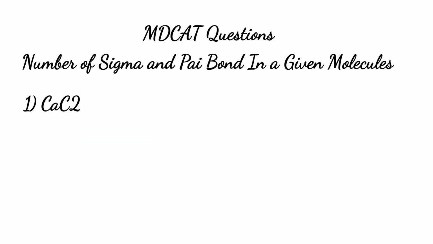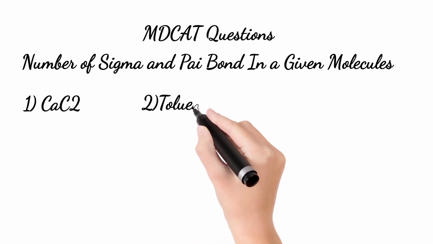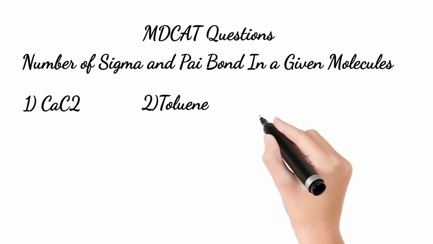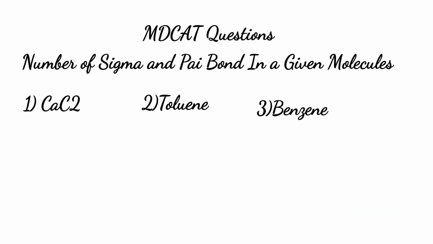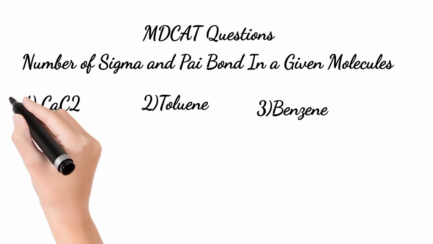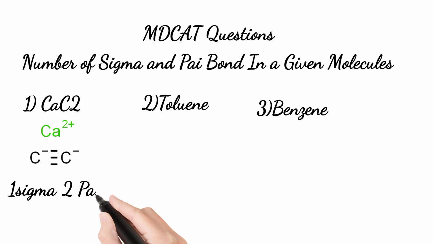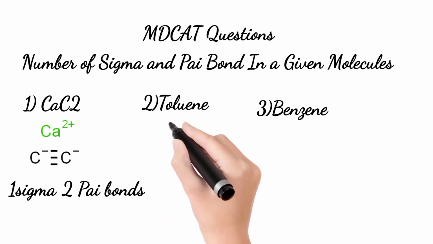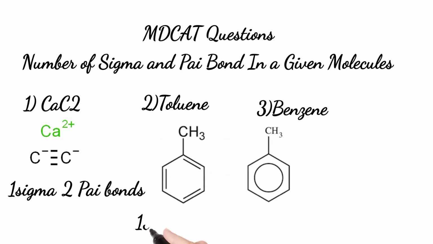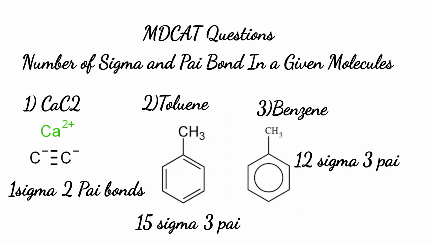If they ask the number of sigma and pi bonds in a given molecule, just like calcium carbide, toluene and benzene. Calcium carbide is an inorganic compound, toluene and benzene are organic compounds. You can see the structure of the calcium carbide, so there is 1 sigma bond and 2 pi bonds. In case of toluene, when you replace the hydrogen atom of benzene by a methyl group, it is toluene: 15 sigma bonds and 3 pi bonds. In case of benzene, you can see that benzene has